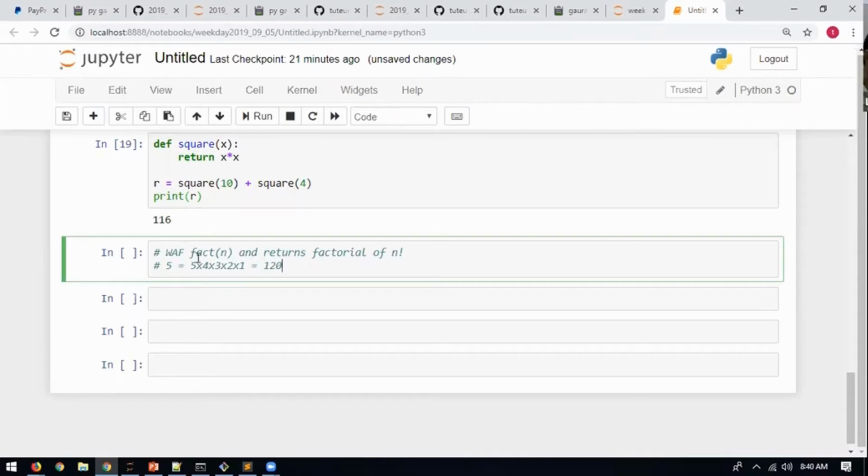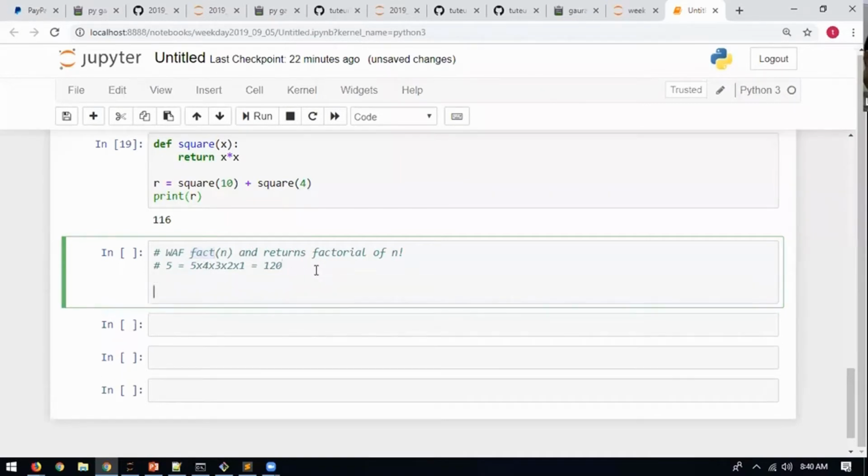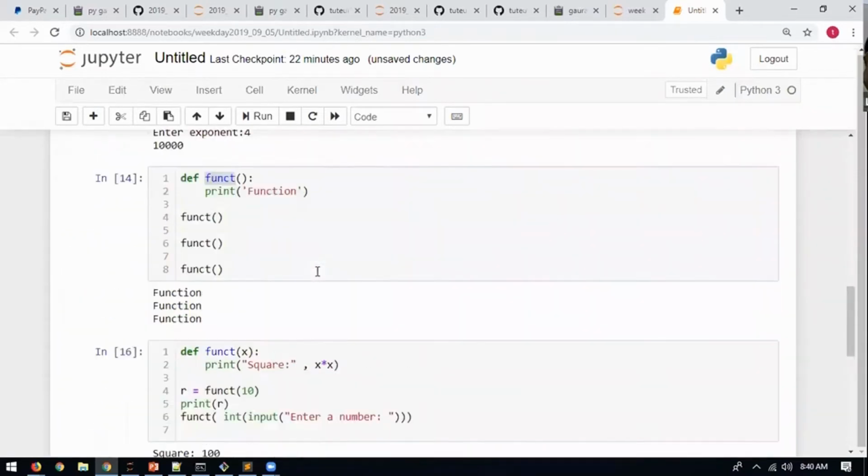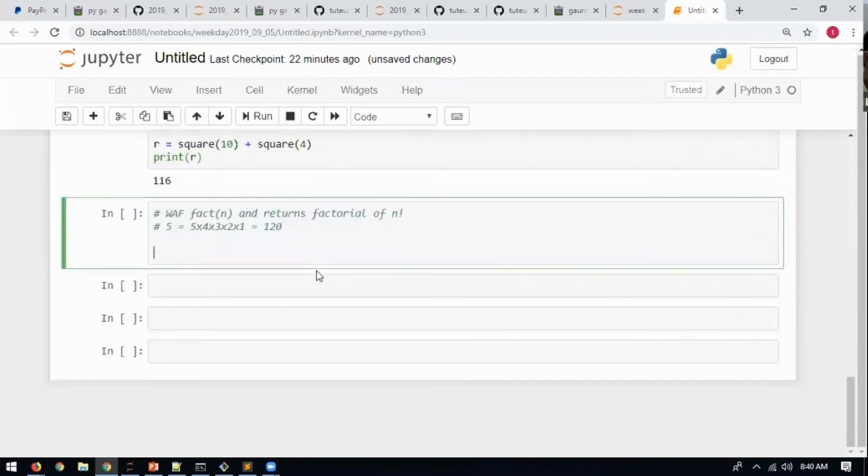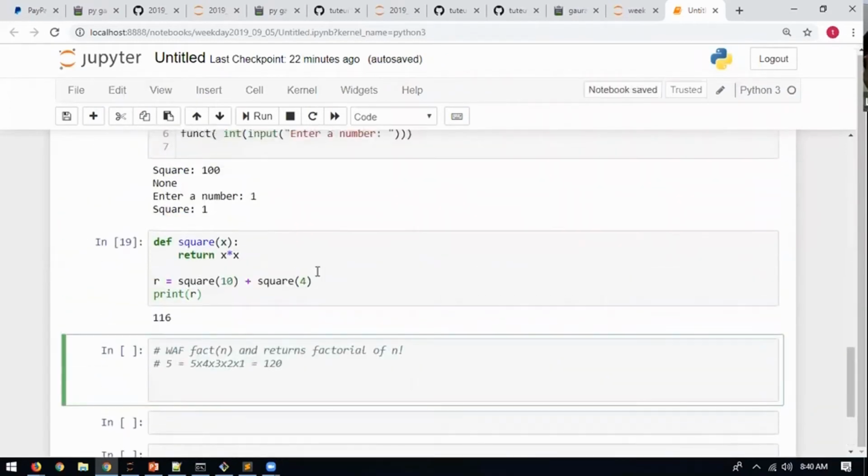Similarly, I should give a number to fact, one number. So how many arguments does it need? 1. And it should return the product of numbers from 1 till n. Yesterday we were doing sum. Remember? Now you have to do product. Can you define a function for that? Try. You want me to show you some other piece of code? Let me know. How to define? First thing that you have to write is what? Def. Okay. Then the logic is there.